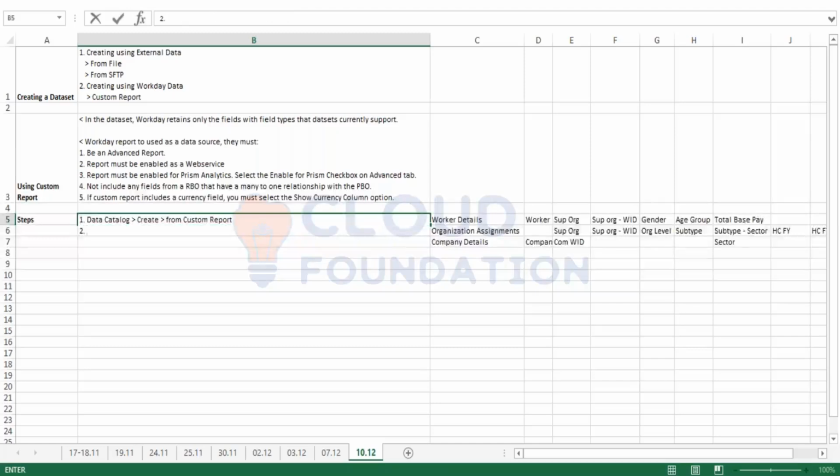The second thing that we specify is the option to configure report retrieval task. This is where we basically select the custom report and define